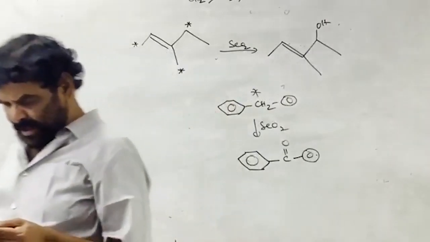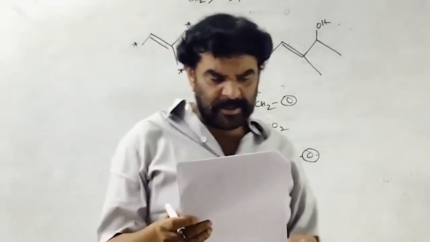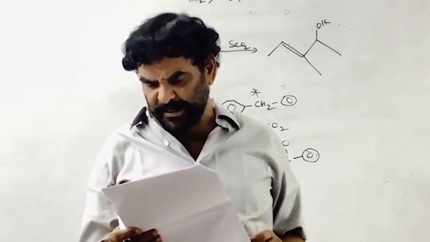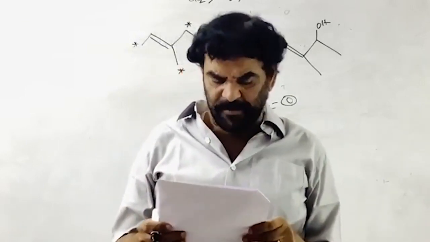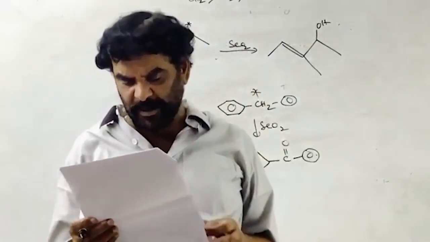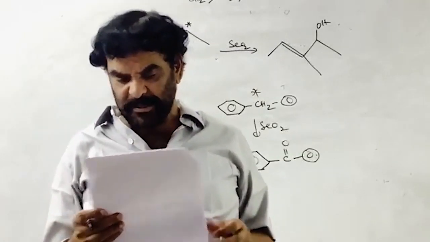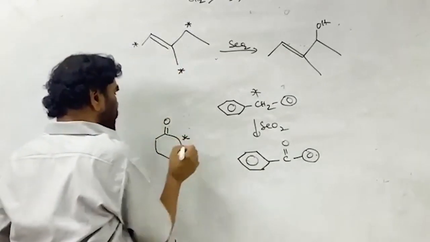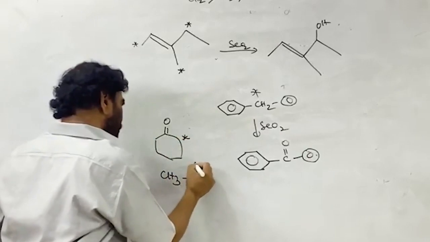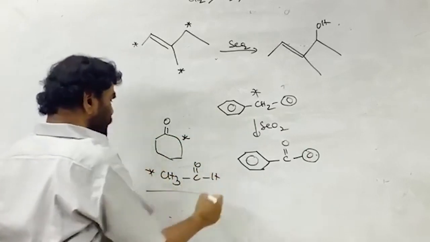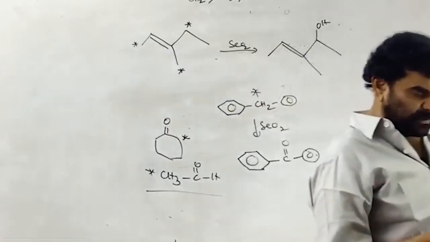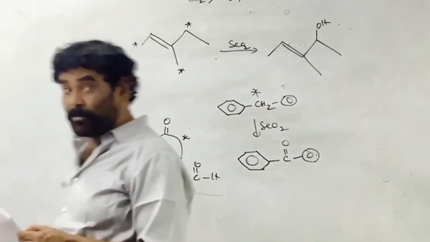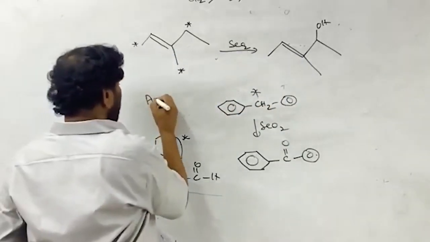Next one is very simple. Question 41: of the following compounds, which will undergo aldol condensation in the presence of alkali? Acetaldehyde has alpha hydrogens. Formaldehyde, without alpha hydrogen, takes part in the Cannizzaro reaction. Cyclohexanone, this is cyclohexanone with alpha hydrogens. So this is the alpha hydrogen. Both aldehydes and ketones with alpha hydrogen take part in the aldol condensation. Therefore, 2 are correct: A and C, both are correct.